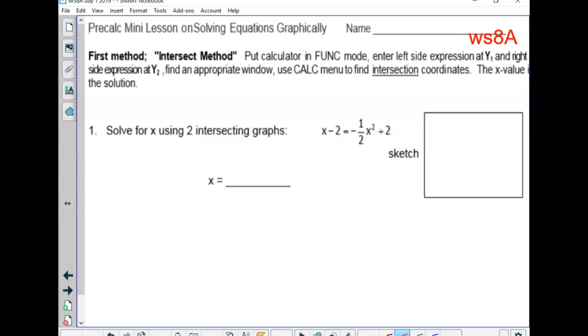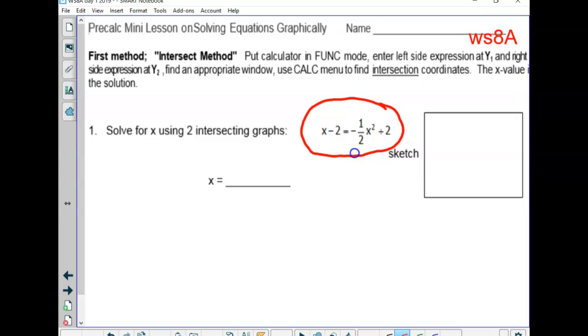So at the top of worksheet 8, it says you can solve a plain old equation by what's called the intersect method. Notice this equation has only x values in it. So if I want to solve that without doing any algebra, as long as it doesn't ask for an exact solution with radicals or something,